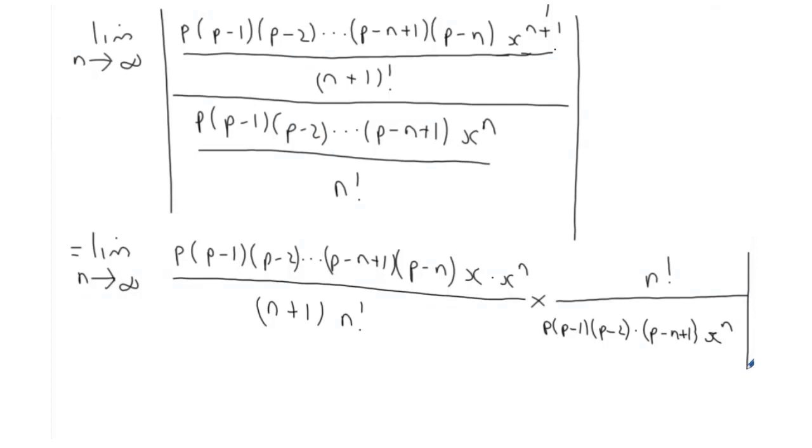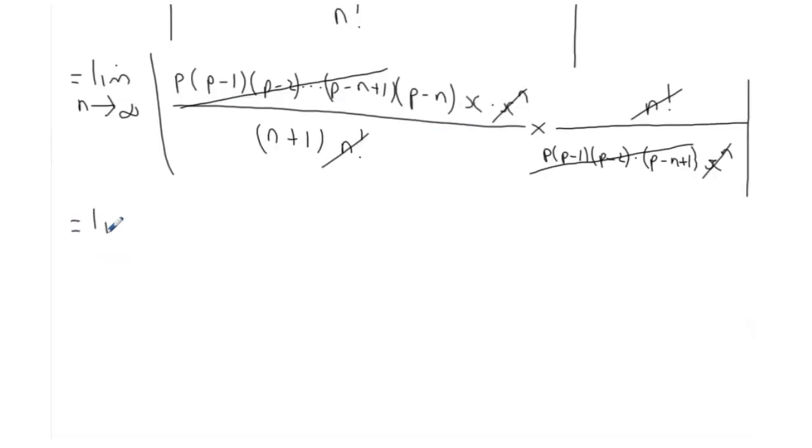And we need the absolute value of all of that. So, looking at the cancellation, as always, it's very friendly. Take the n factorial with the n factorial, 1, 1. x to the n with the x to the n, 1, 1. And then you've got all of these powers of p up into p minus n plus 1. They also cancel off. So now we're left with the limit as n approaches infinity of the absolute value of